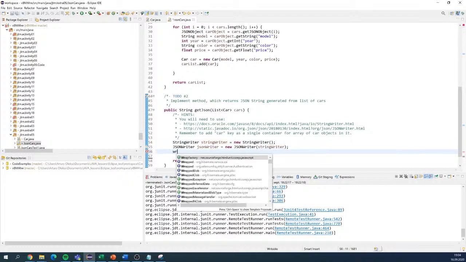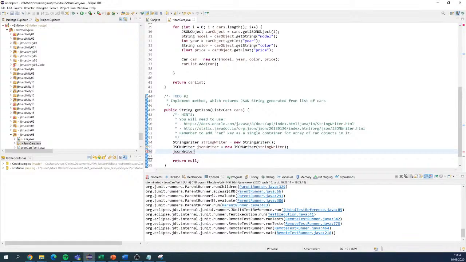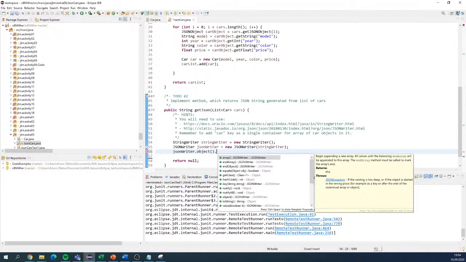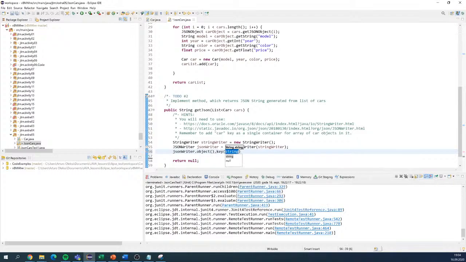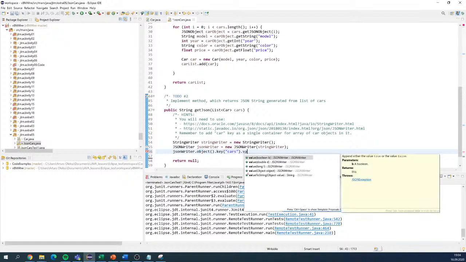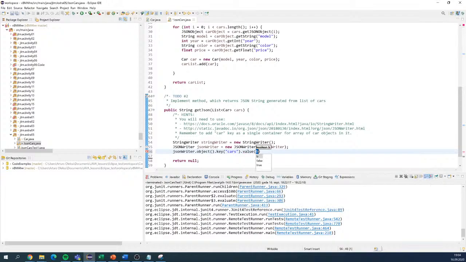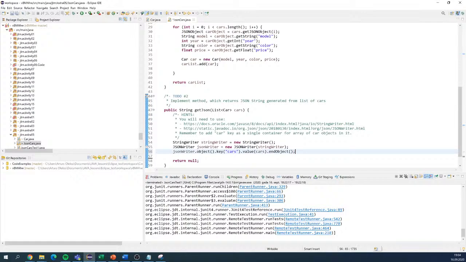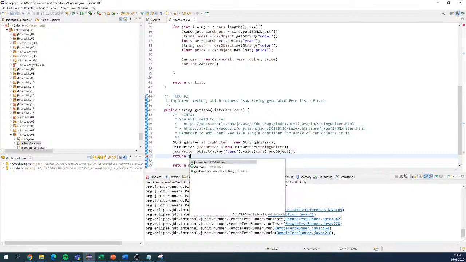After that we get the object from JSON writer. We provide the key for the cars. Then we provide the value for the cars. And end of object at the end. And we just want to return the string, so for the first one, which is string writer,